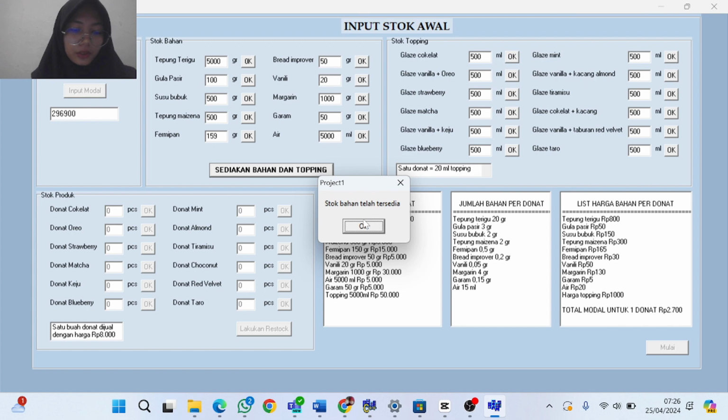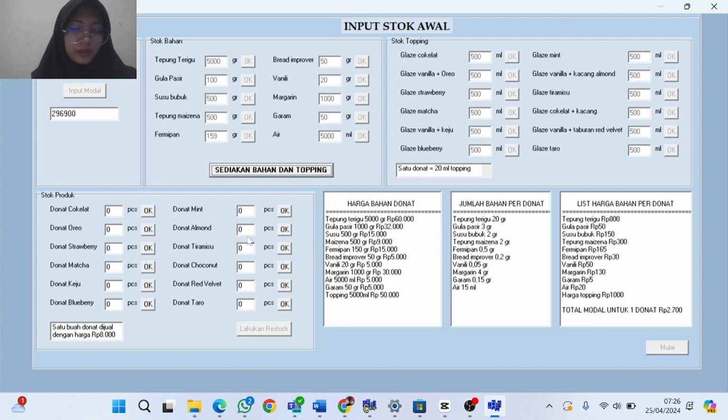Then a message will appear that the stock of ingredients is available. The button and edit to cover the stock of this product will be turned on. We can input the number of donuts we will sell in a day, for example, 20.